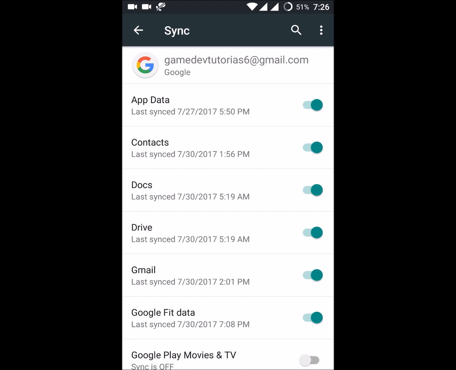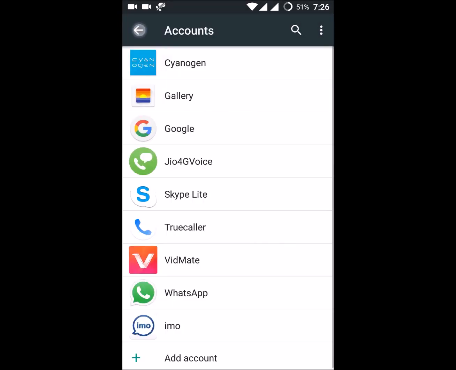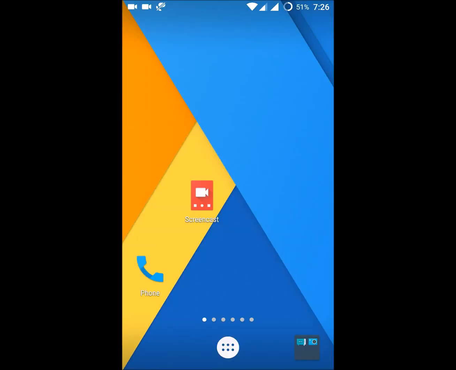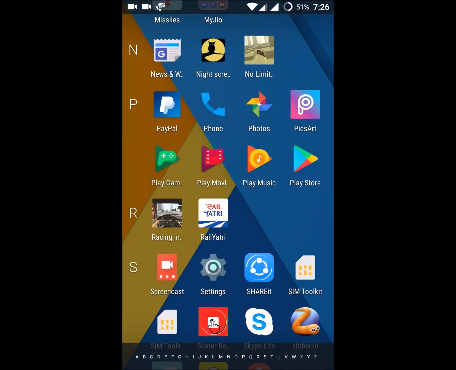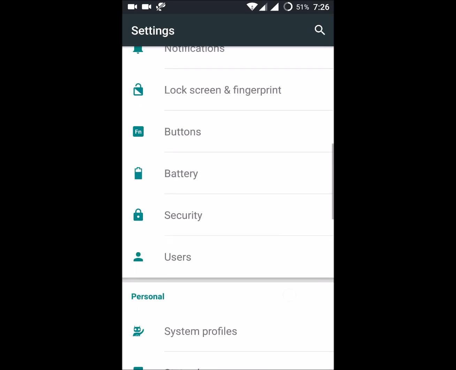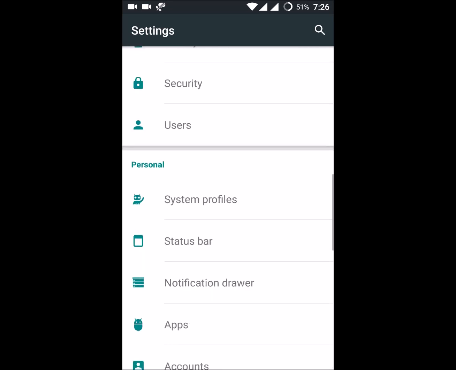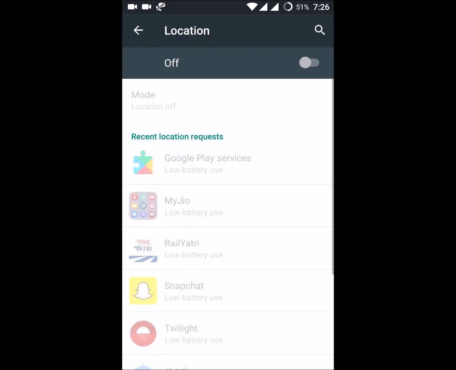And one more thing you need to check is your location services. For example, cab drivers who use the mobile will use the location services. That is mandatory for them. So in order to use location service effectively, there is an option called GPS battery saving mode. So we need to enable that. Go to settings and click on location here.